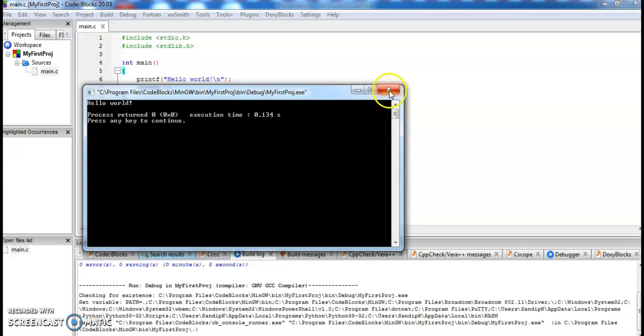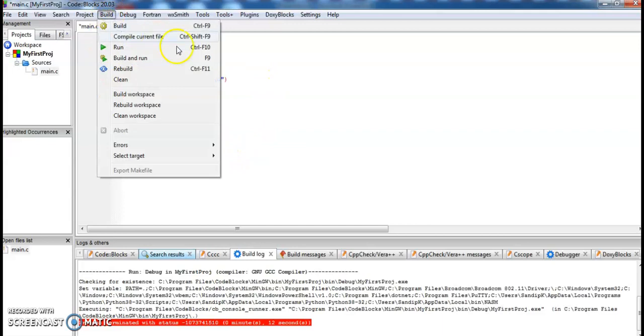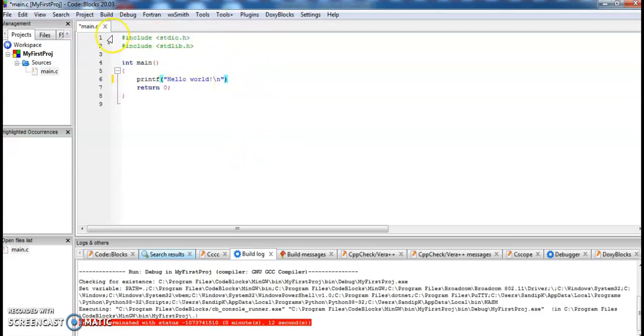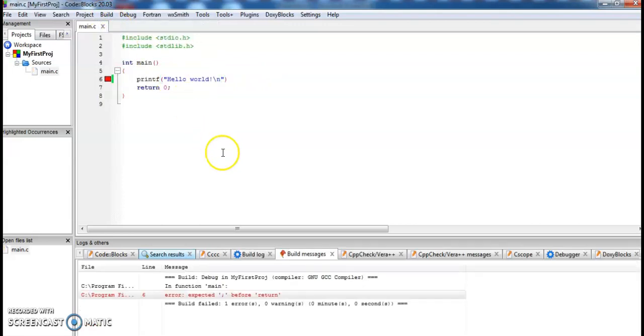Now we will try to run this program with an error and check how the error will be displayed. I will remove this semicolon after the printf statement, and I will click on build. It will say build failed and there is one error.